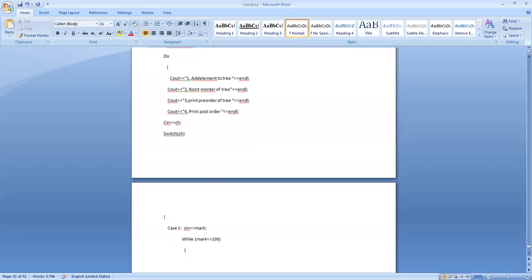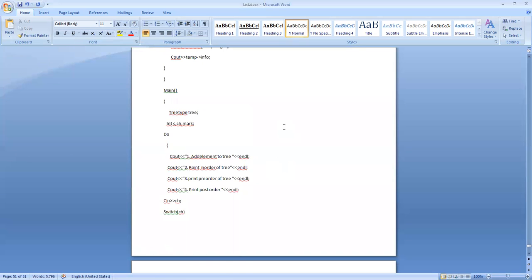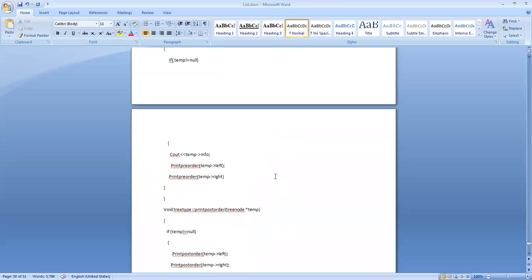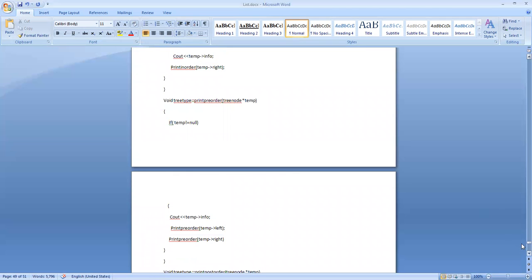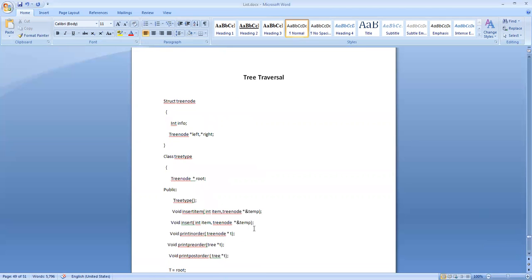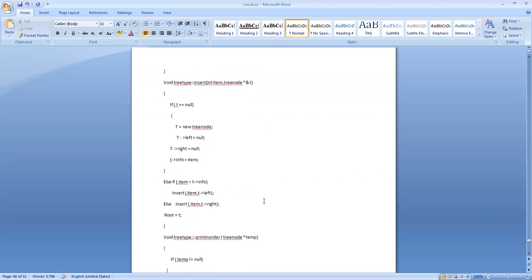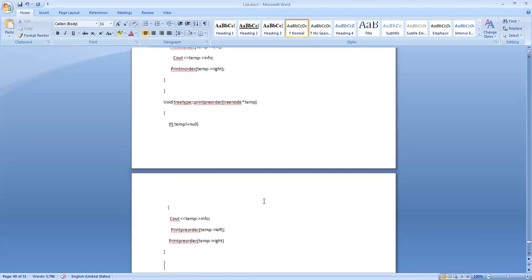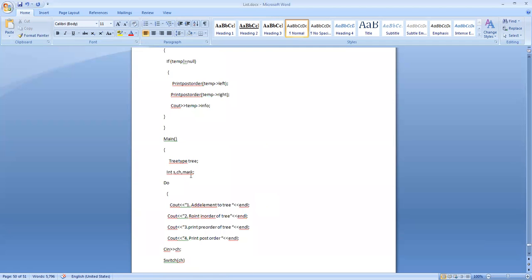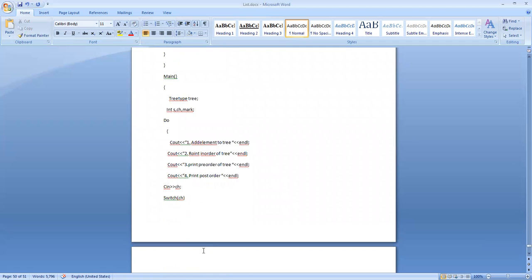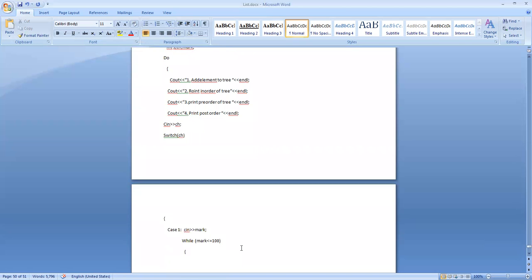So I call that insert item method of the tree type class. How to call this insert item function through the object of the tree type? What is the object here? The object here is tree. So while mark is less than or equal to 100,